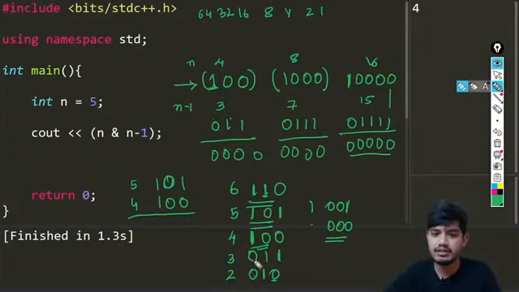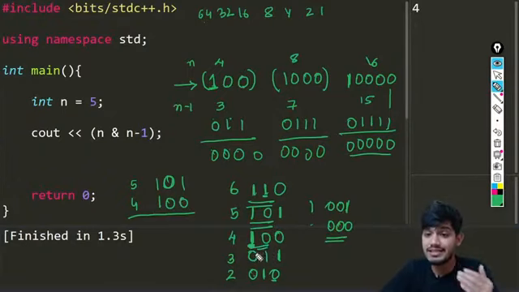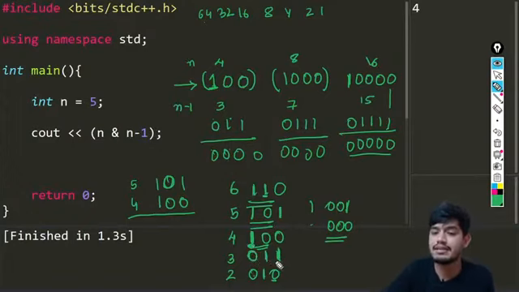You can see in this example, this is 4, and n minus 1 is 3. The rightmost set bit is the first one only, so that becomes unset, and all the bits that follow become set. Just remember this, and it is going to help us in our journey.